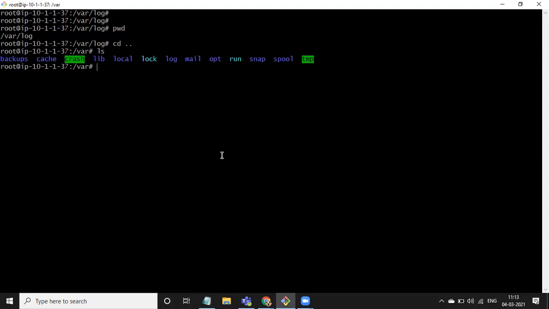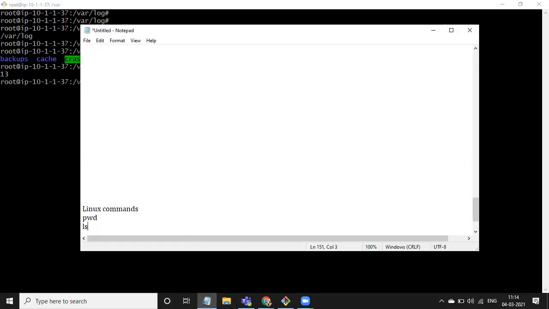How do I get the count? ls pipe wc -l. So ls is the command to list all the items in your present working directory, and if you want the count, ls pipe wc -l gives the count.